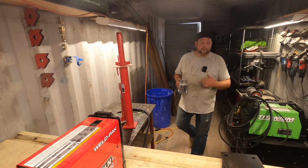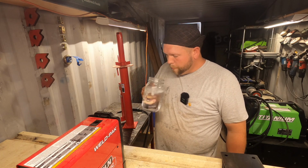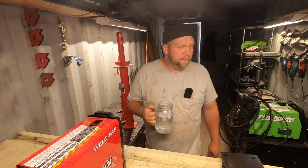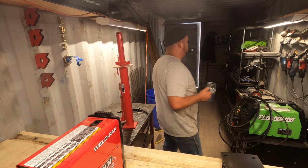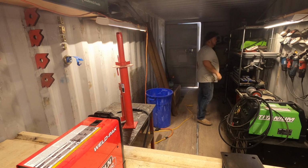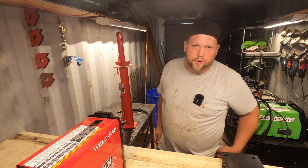Hey everybody, it's been a while since I've welded. Got my wife's butterfly cup full of ice water because it's like 100 degrees inside of the shipping container. Trying to keep as much dust out of there as possible. So what we're doing today